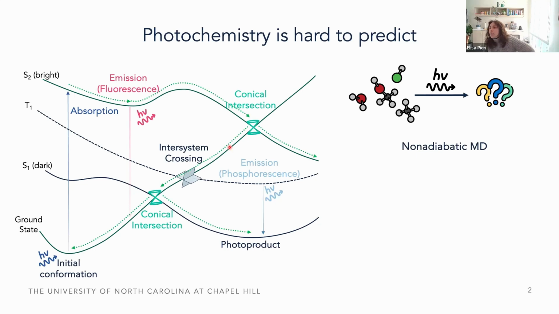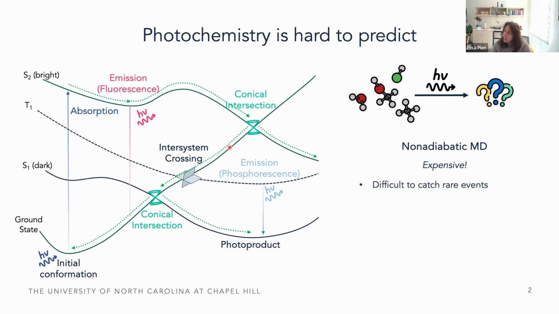So how do we usually model photochemistry computationally? Well, the standard technique is nonadiabatic molecular dynamics. And this is a great technique. It can tell us a lot of things. But there are also some drawbacks. First of all, it's an expensive technique. And this is not just because we need to use excited state electronic structure methods, which are inherently costly usually, but also we need to calculate all the couplings between these different electronic states in order to model the population